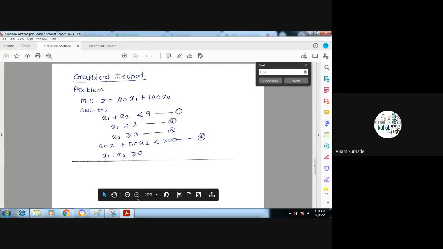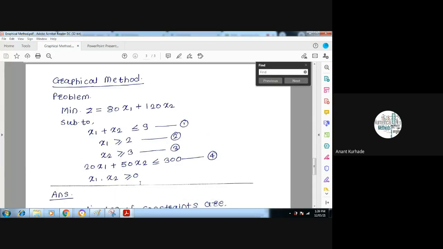By observing this problem, can anyone tell me, is it minimization or maximization? What is our objective function? What is our aim? What is our purpose, why are we solving this? We have to minimize or maximize the profit, or minimize loss. Tell me, what is our objective function? Minimize the loss.